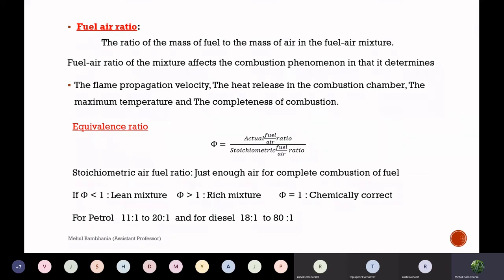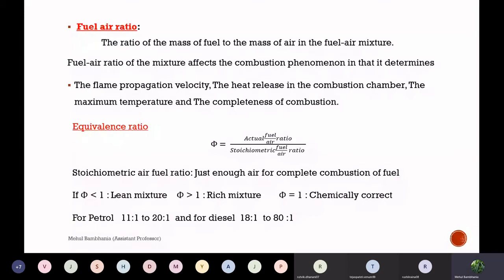What is this triangle? A fixed amount of fuel, a sufficient amount of air, and the necessary temperature. Once these three conditions arise perfectly, in this case perfect combustion will happen. Perfect combustion means all the fuel will burn, take part in combustion, and then release the heat, which in the later stage we can utilize for mechanical power.